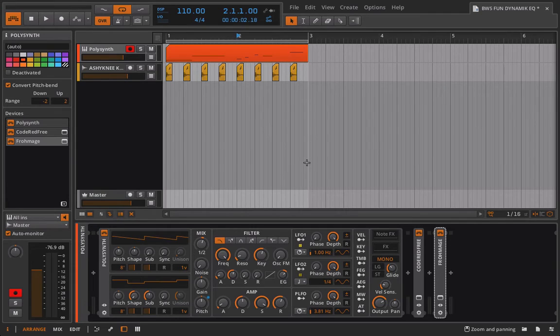I want to sit down and make a little bit of a video for you about how you can create your own dynamic EQ inside of Bitwig Studio, or at least how you can sort of create your own dynamic EQ. So what I'm going to do in this video is just go through some examples really quickly, set these things up for you so you can see what's going on, you can hear what's going on, and at the end of the video, if you're already bored to tears, you can turn it off, but I will go through